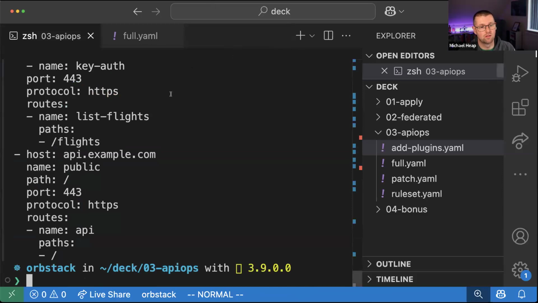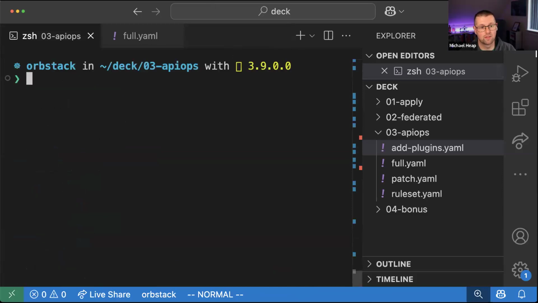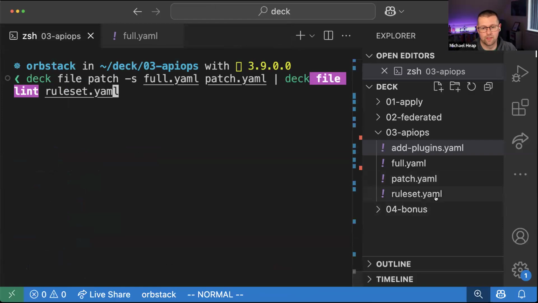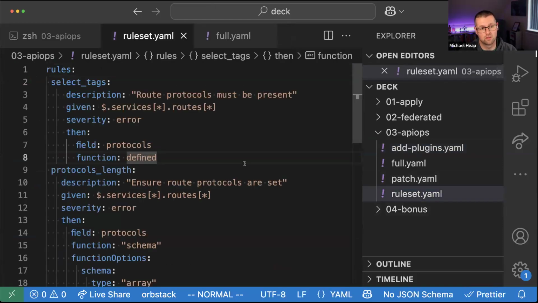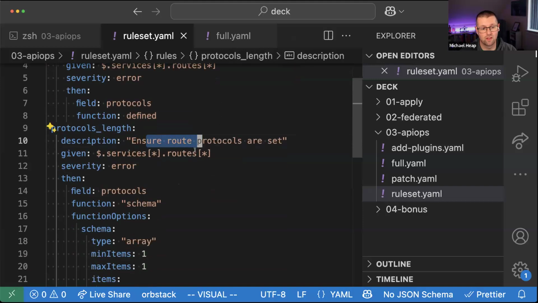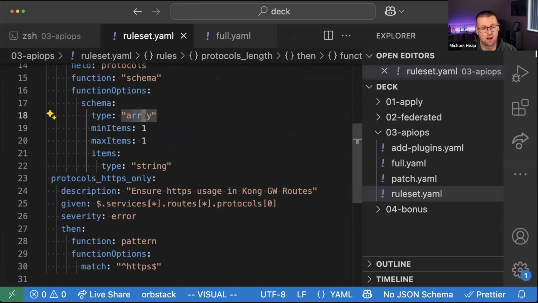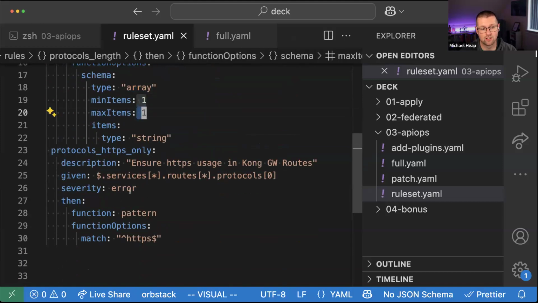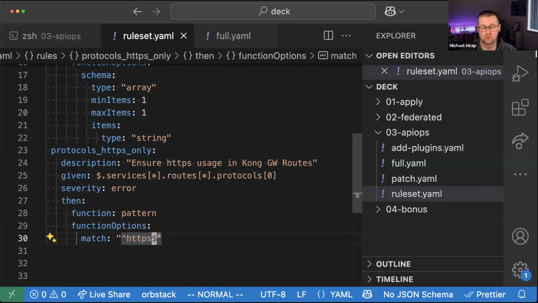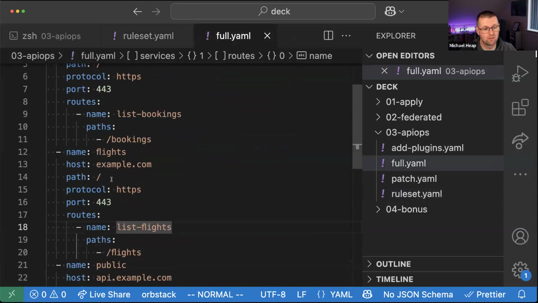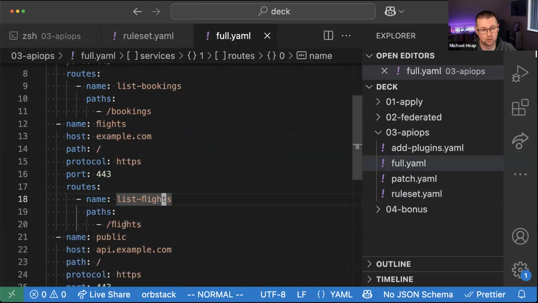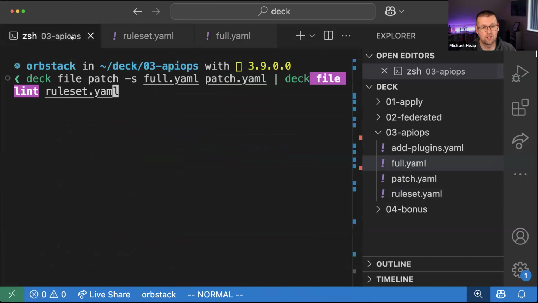Now imagine you're a platform team and you want to enforce some linting rules. So for this, root protocols must be present. There must be an array, and it must have one item, and that item must be HTTPS. So what we're saying here is, I'm just going to check. These routes do not have protocols defined. So if we lint this,